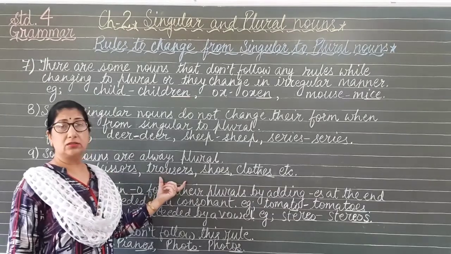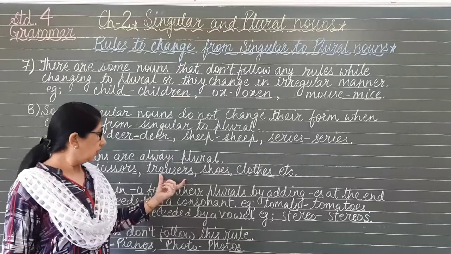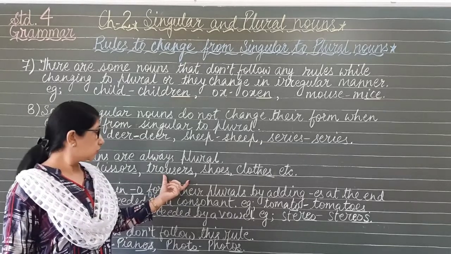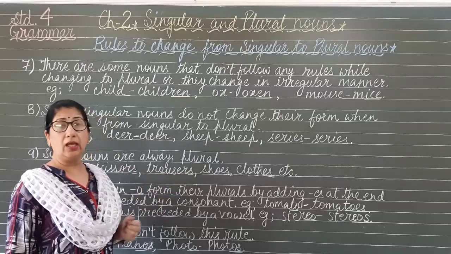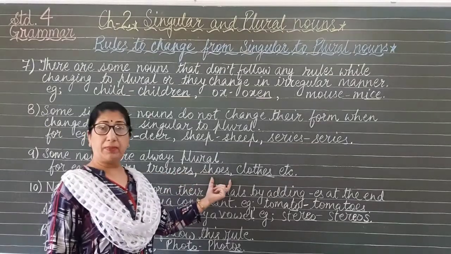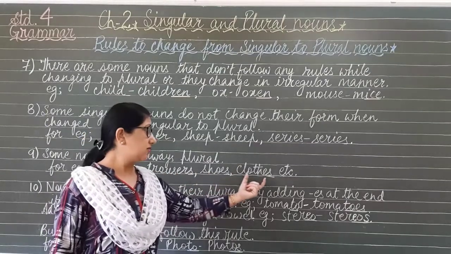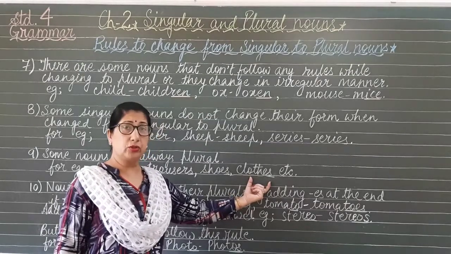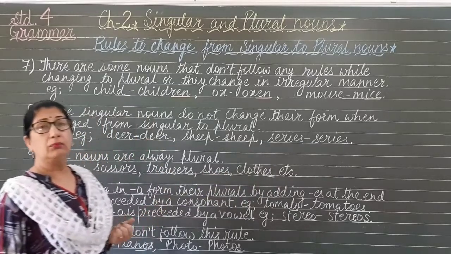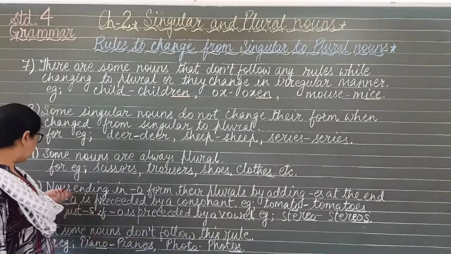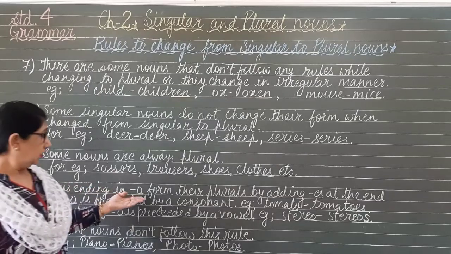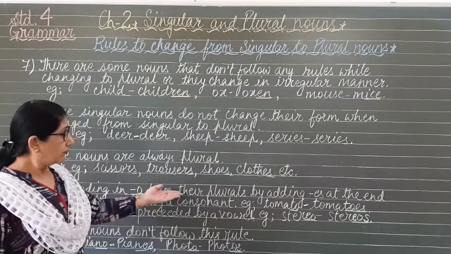सिमिलरली ट्राउजर्स, ट्राउजर्स या पैंट्स, इनके भी हमारे पेयर होते हैं, 2 लेग्स का जो पेयर होता है उसको हम प्लूरल फॉर्म में यूज करेंगे ट्राउजर्स। शूज भी पेयर में ही अवेलेबल होते हैं एंड सिमिलरली क्लोथ्स का भी हम पेयर ही यूज करते हैं, शर्ट एंड पैंट टुगेदर, सो दे आर यूज इन प्लूरल फॉर्म ऑलवेज।